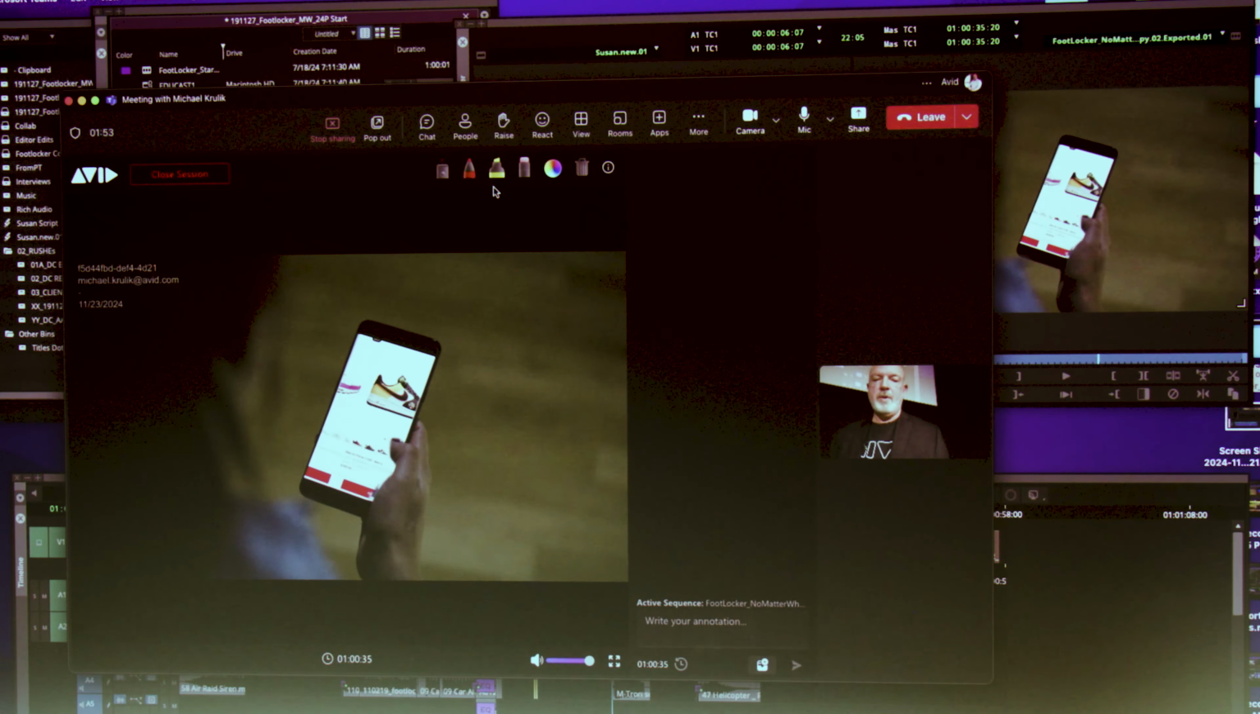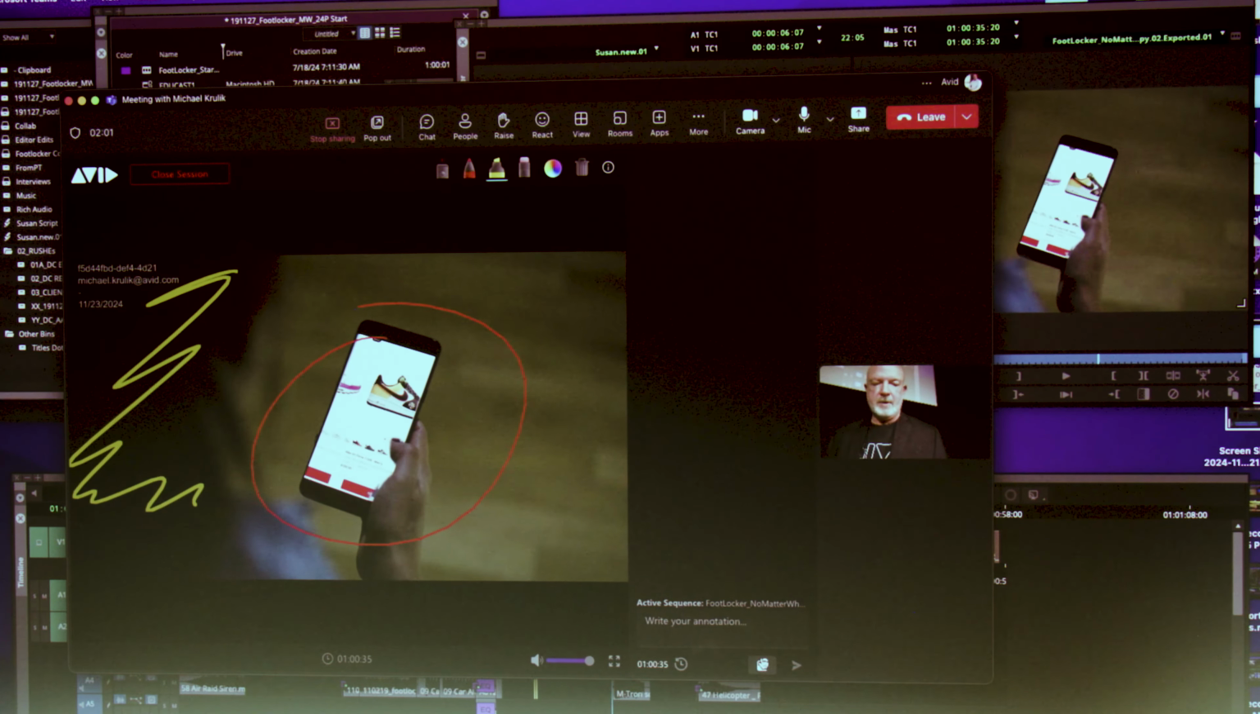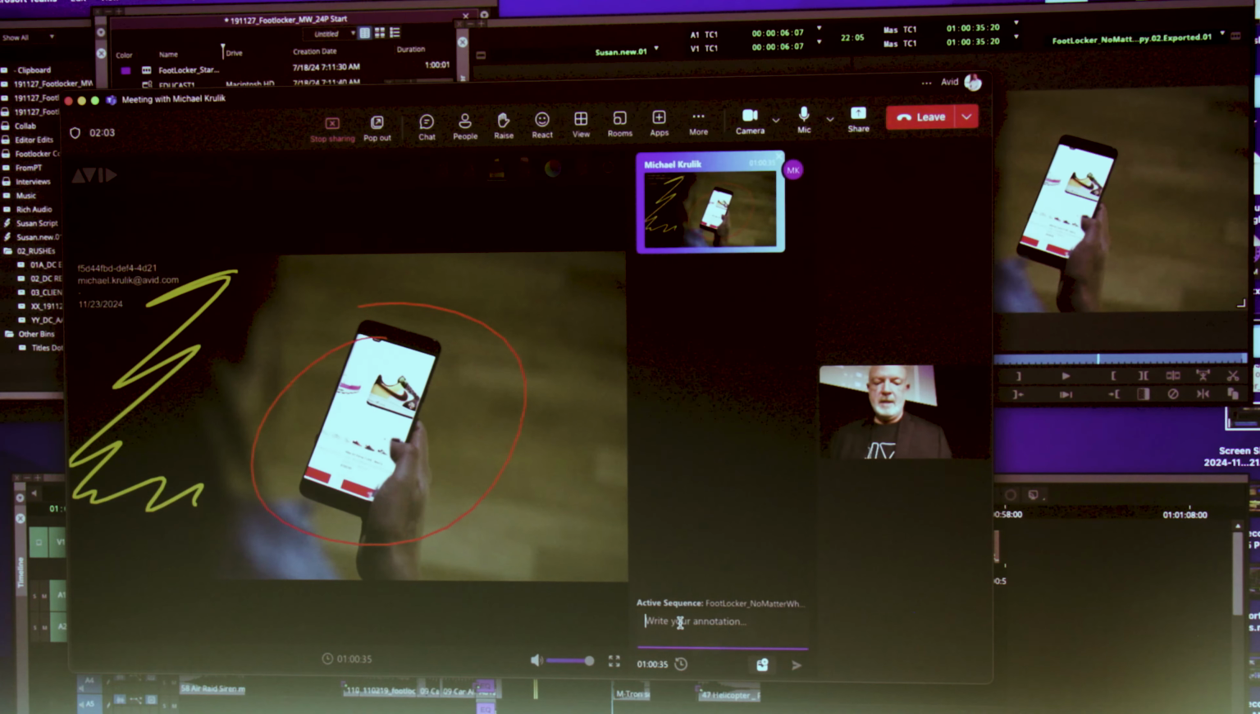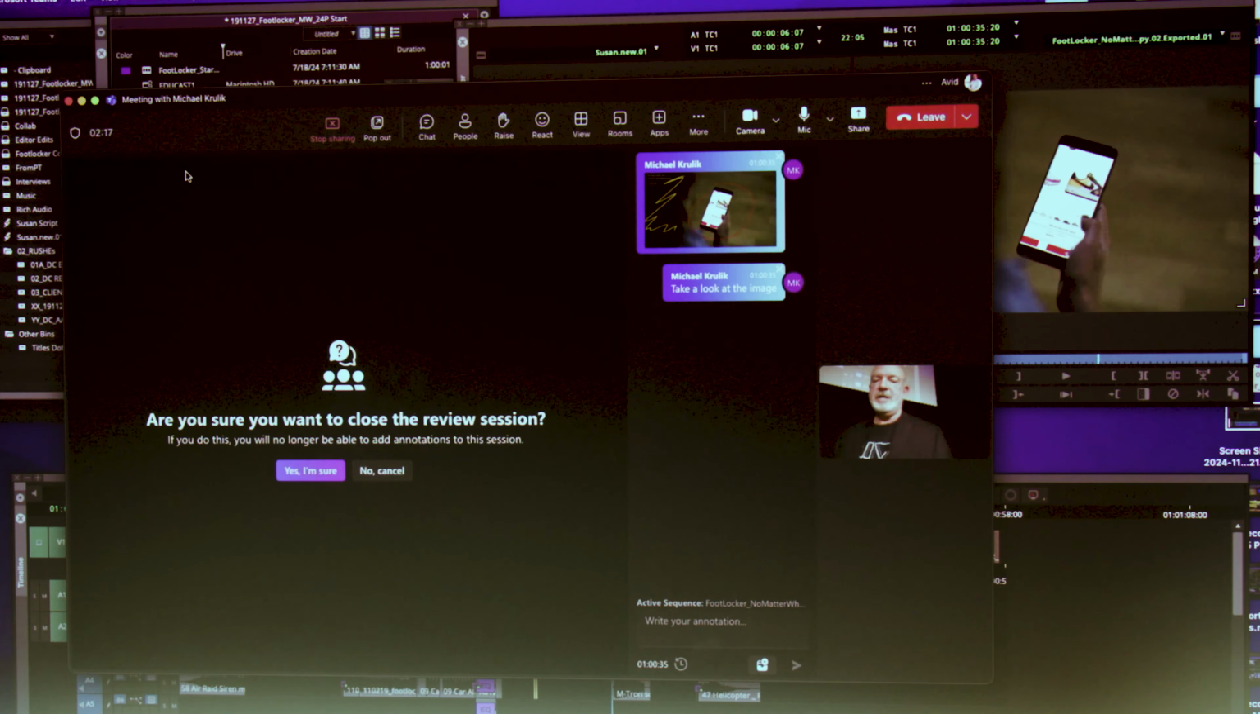And at any point, I could go in and say, all right, let's make sure we change this. Maybe get rid of this side. I'm going to save that frame. Take a look at the image. Hit enter here, and that's actually timestamped. So at any point, once I go in and close the session out,